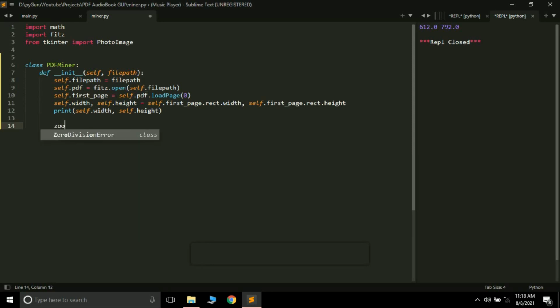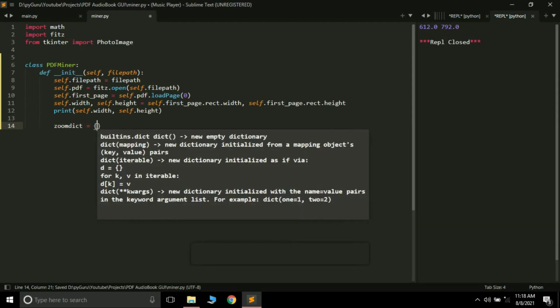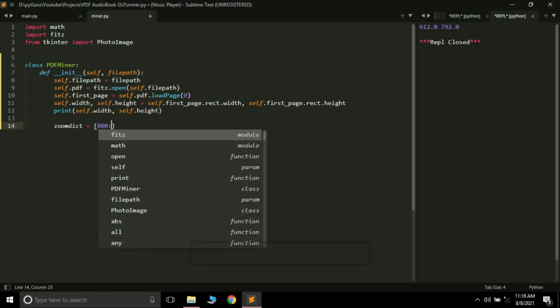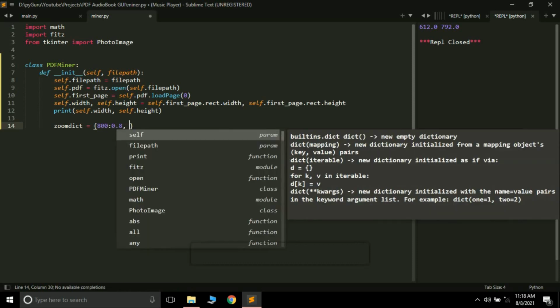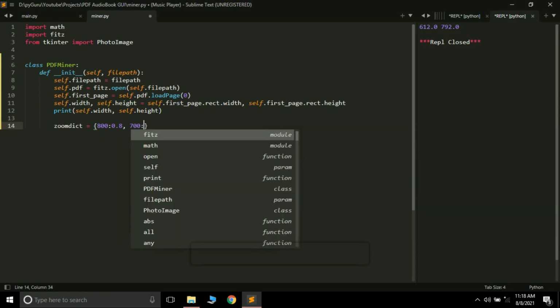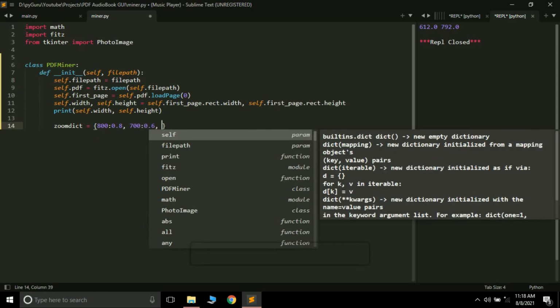Here I'm going to create a dictionary, zoom_dict, and I will pass a few values here first. 0.8 means that if the width is greater than 800, we will zoom it to 0.8. If the value of width is greater than or equal to 700, we want to zoom it to 0.6.